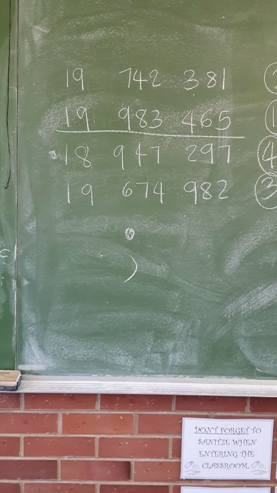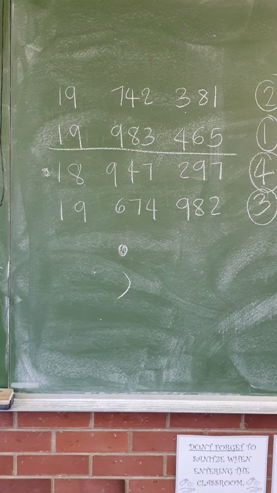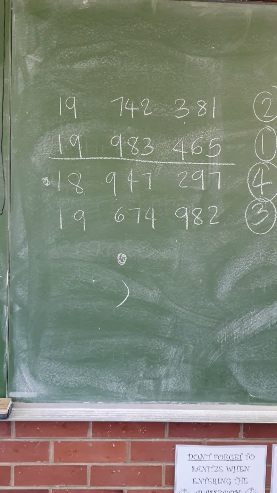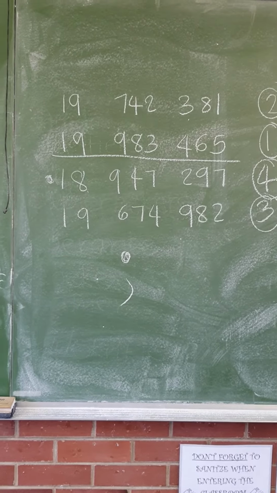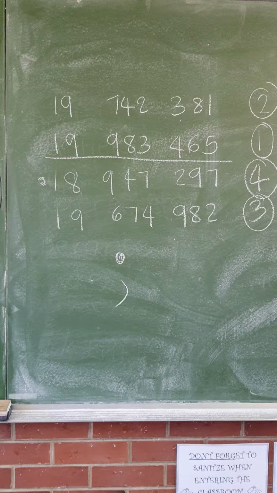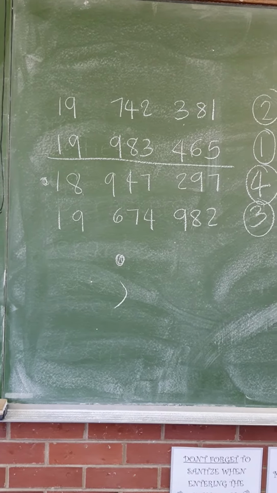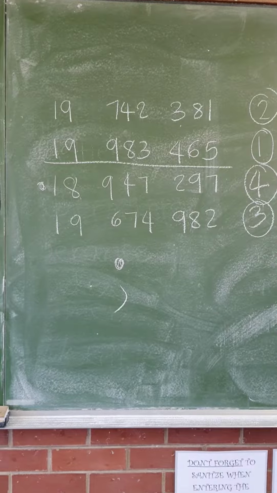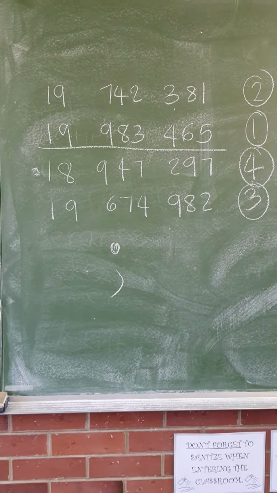Also, we discussed today how to read these numbers. And for the first one, if there's 6 digits at the back, it's millions, right? You know it's a million number. So I've got 19 at the top, and I've got 6 digits behind that. So it's 19,742,381. Then I have